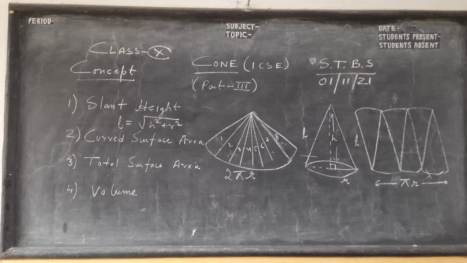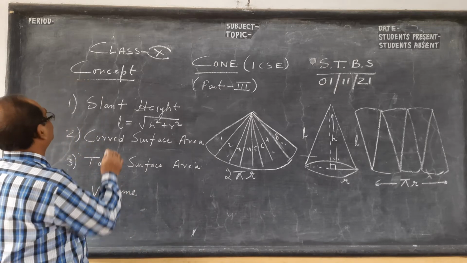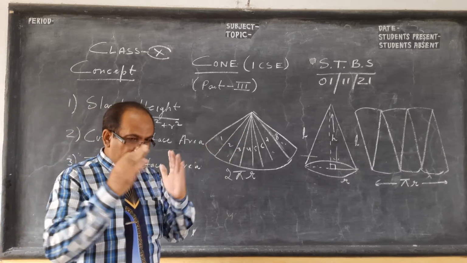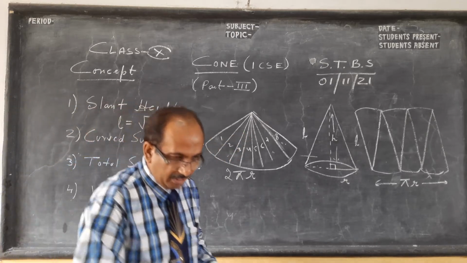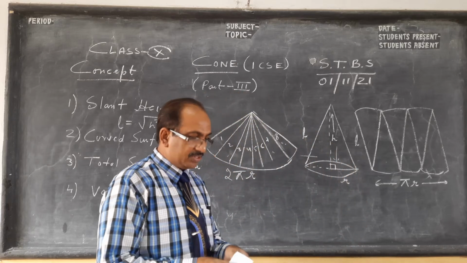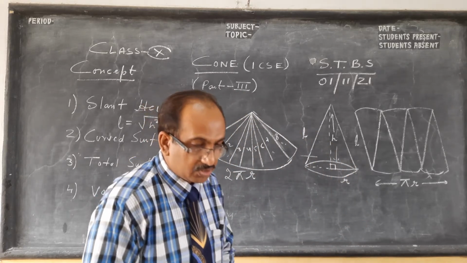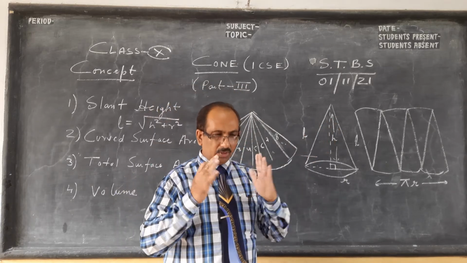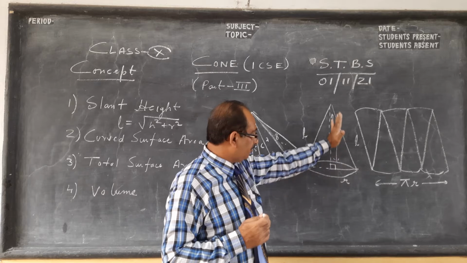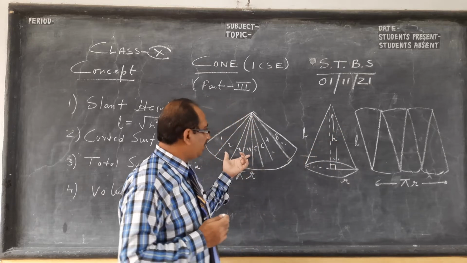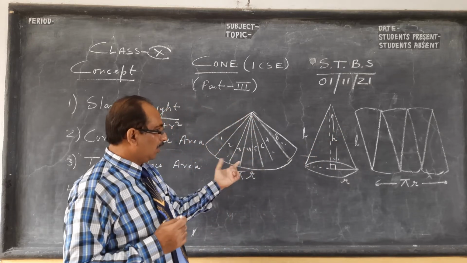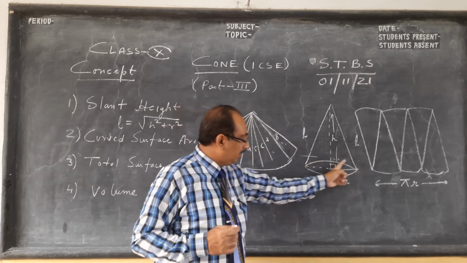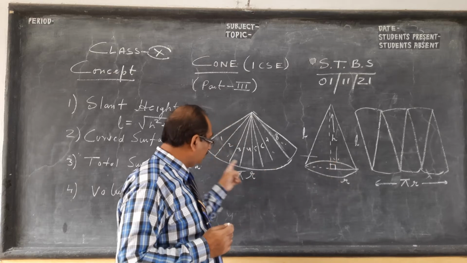So here, children, we are going to find the curved surface area of a cone. Means this: if you have a paper, when you fold it, you get a curved surface. So we take a cone, as I told you, make it with paper, cut it from here or here, and open it, you will get a sector of a circle. So this base was the circumference of the circle, which is 2 pi r.